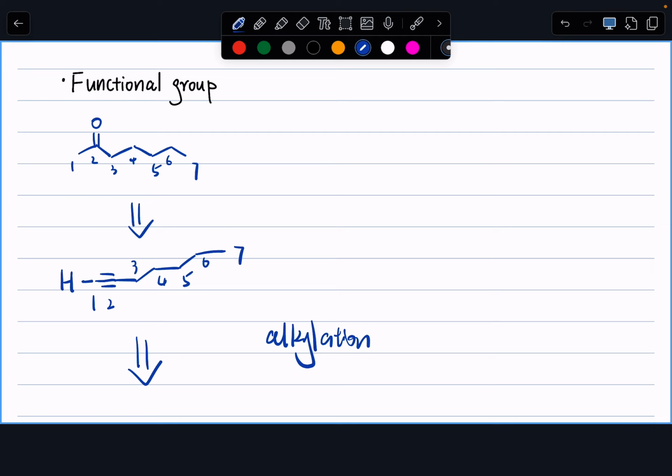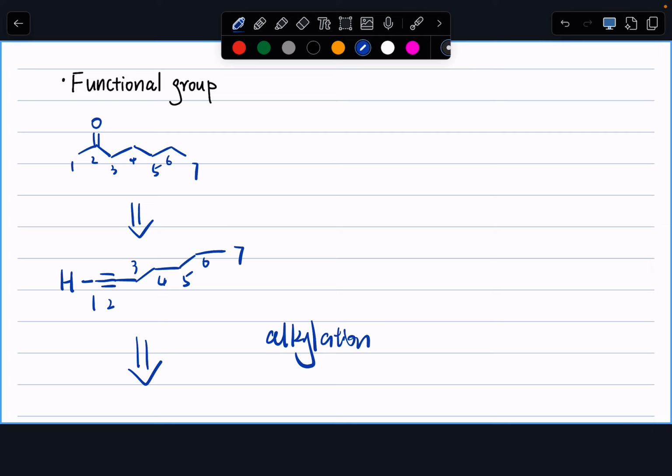So specifically in this reaction, the intermediate will be 1, 2, 3, 4, 5, 1, 2, 3, 4, 5, 6, 7, hydrogen. So that's how we get this terminal alkyne must be my intermediate. All right, and then the question becomes, what is going to convert this terminal alkyne into the ketone that we